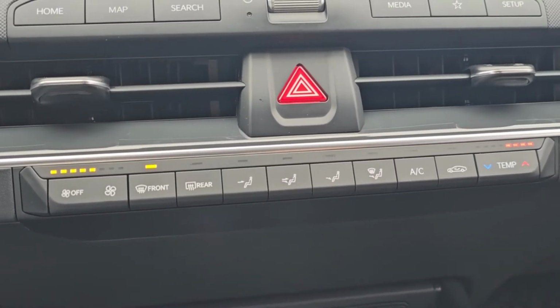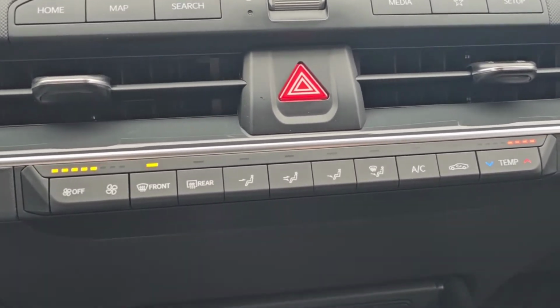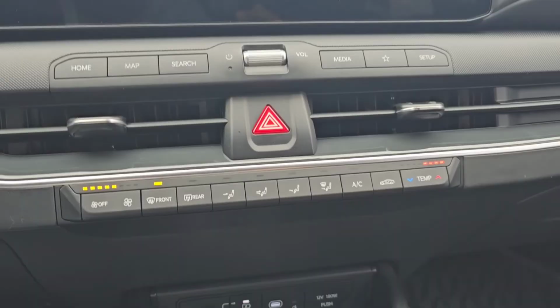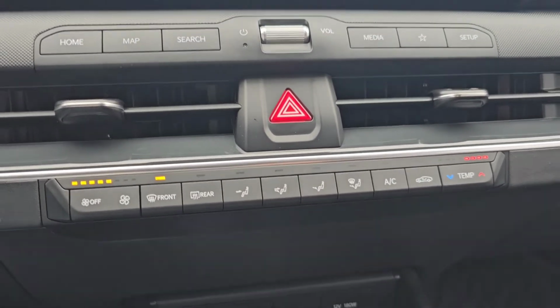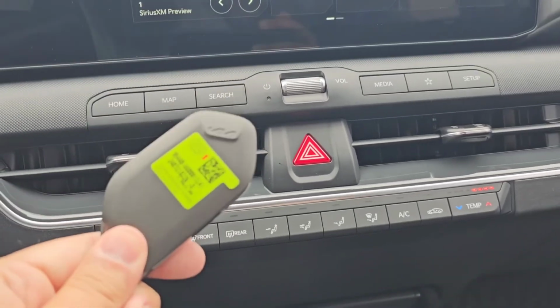This is slightly different from the GT-Lines, which has the automatic dual zone climate control. So this is for mostly the LX and the EX that has the standard climate controls. And do keep in mind that when you change your driver profile, there's different climate settings per profile. So you make sure you're on the profile that you want for when you go to do the physical remote